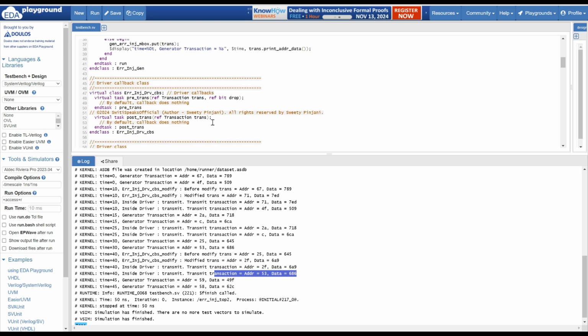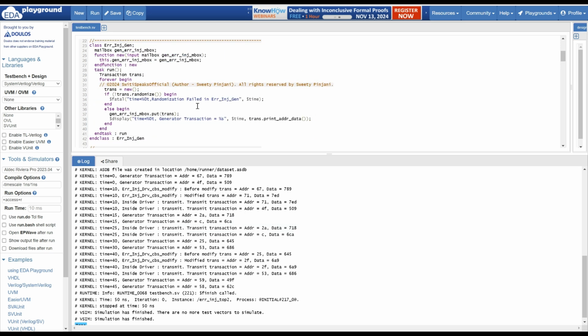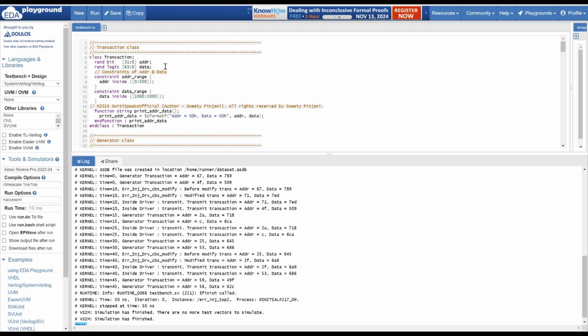And you can have some more error scenarios. I have just tried dropping the transaction and changing the address and data values. You can try keeping the address same but write the incorrect data. Or when you have the read write signal, maybe instead of read you can change it to write. You can insert that error. These are the different kinds of ways in which you can inject the error. Try this. It is very, very important for the verification engineer, because this you are going to use. You have to create error injection scenarios.